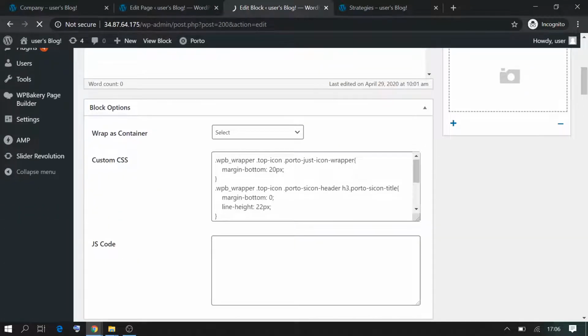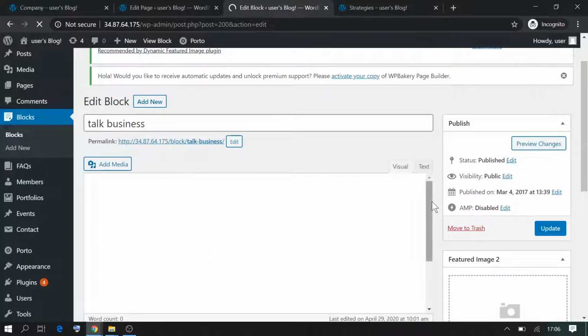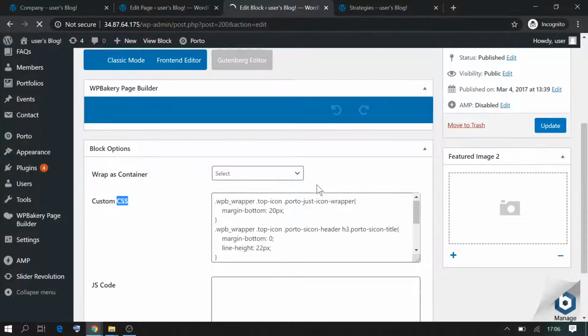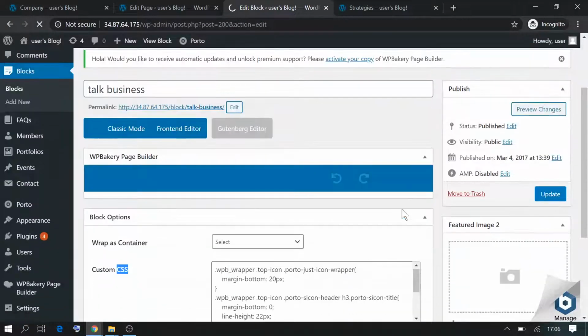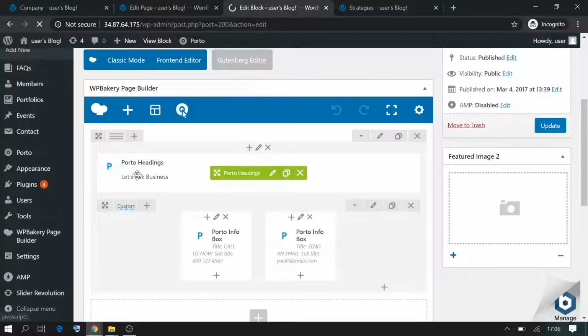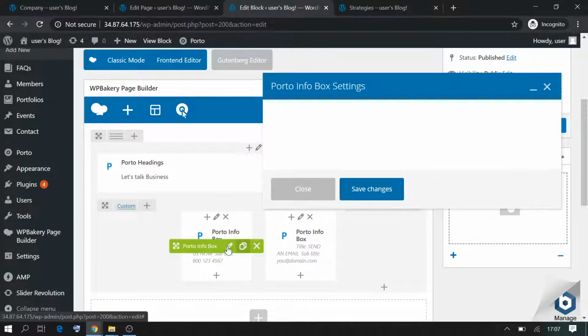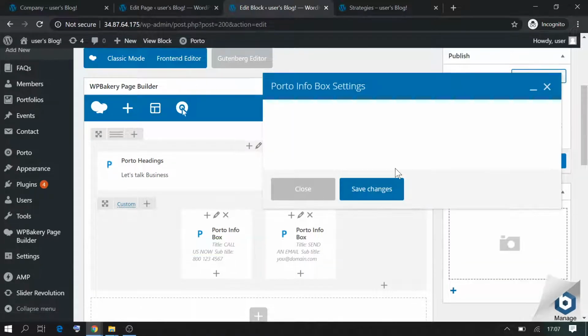Okay, here there is some custom CSS which they've used, so we need not touch that. Okay, once this loads, let's talk business is here, then we've got the call. So here we can just simply change the email ID and phone number. So I'll just click on edit the photo info block setting,